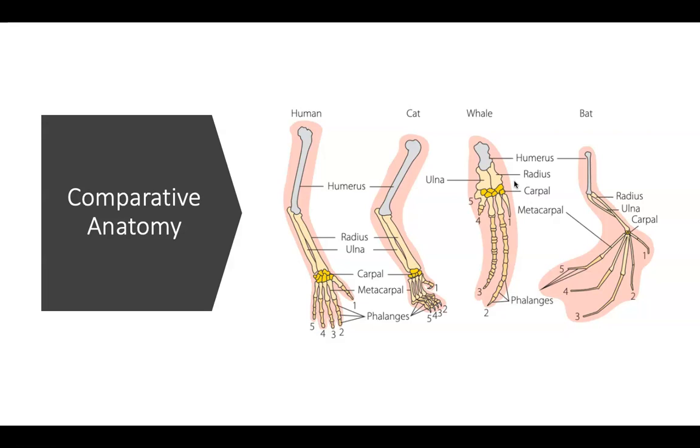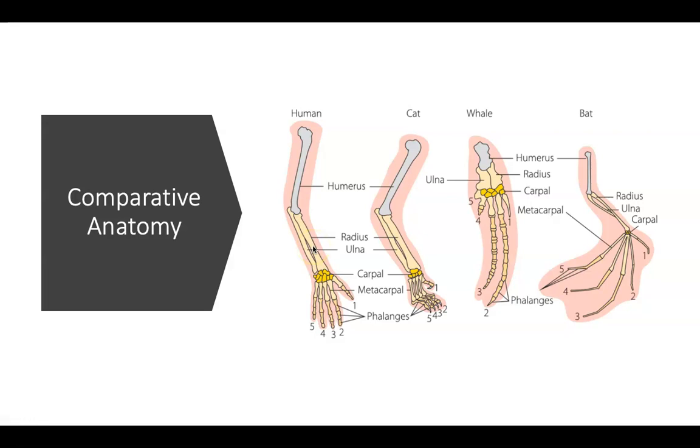Probably the most well-known example of comparative anatomy has to do with the pentadactyl limb, which is the idea that most organisms, particularly the mammals, will share these common patterns in their limb structure, where they'll have a humerus, a radius and ulna, carpal bones, metacarpal bones, and the phalanges. Even though the shape and sizes of those will change between a whale and a bat and a human, for example, it's still that same basic anatomical structure.